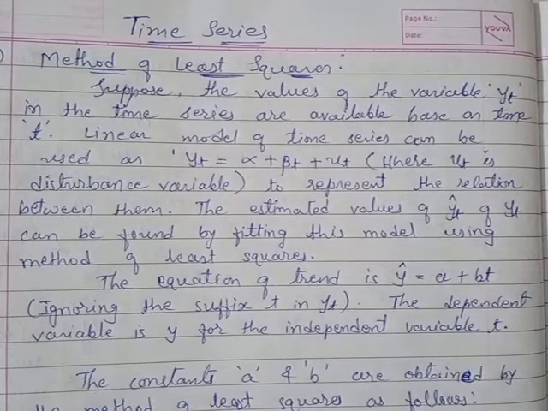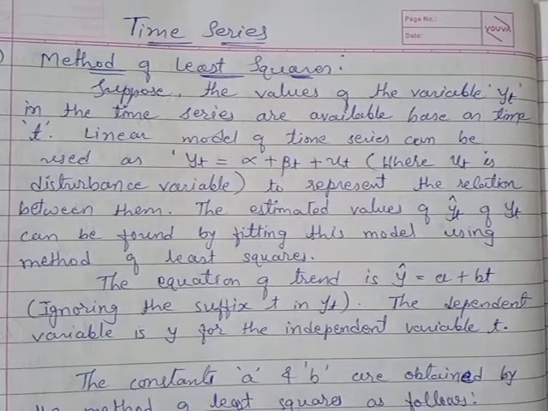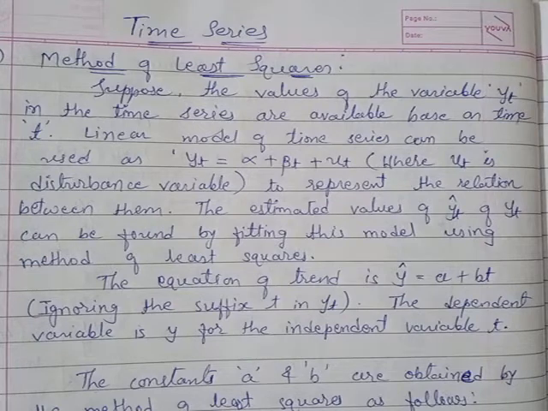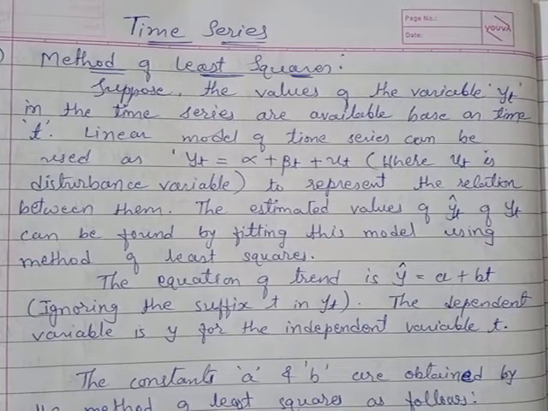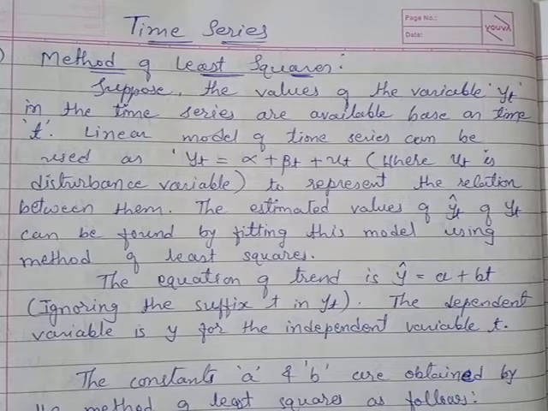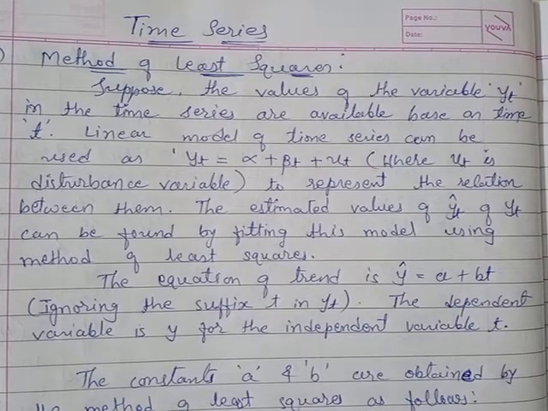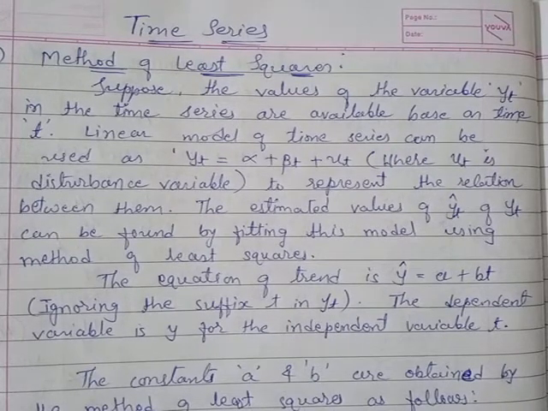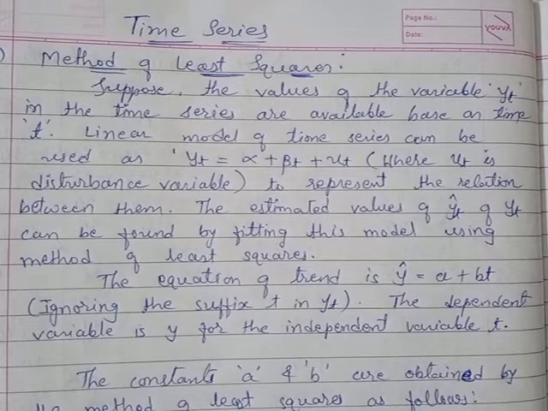Today we'll continue the time series, and today we will move on to the second method of finding the estimated value of variable y based on time, that is called trend value. For that purpose, the second method is the method of least squares. Last time we discussed the graphical way, that is called the graphical diagram method, right, in which